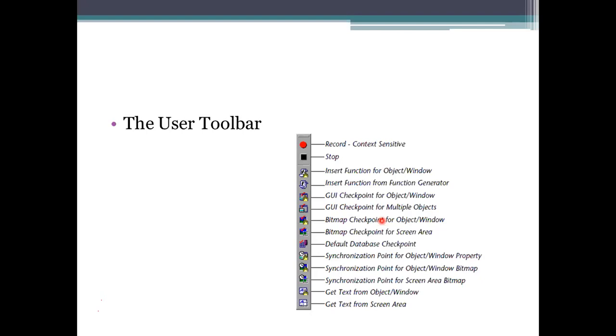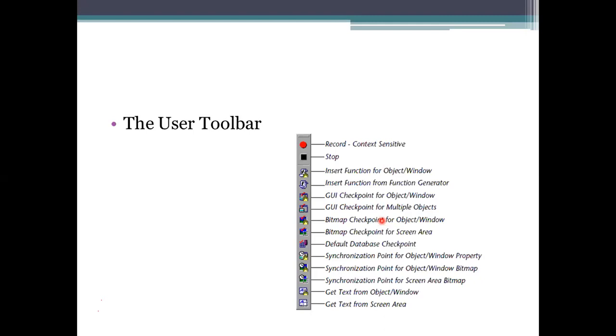This toolbar allows you to know what can be performed. If you want to perform any function, it allows you to perform it by inserting it.